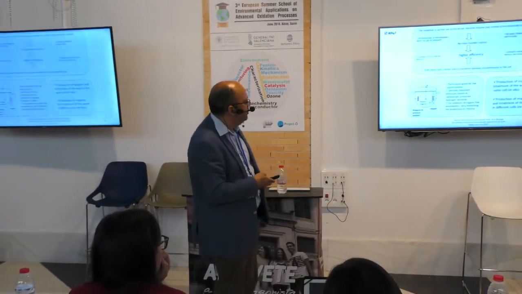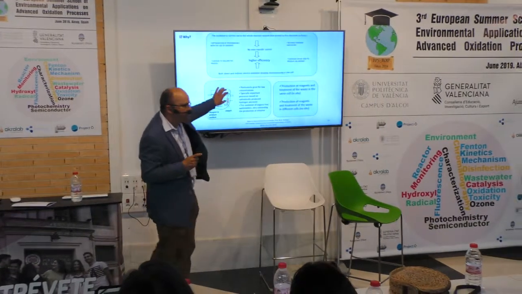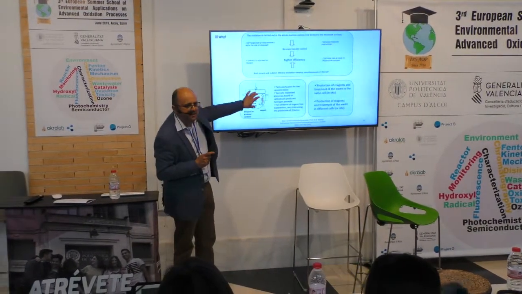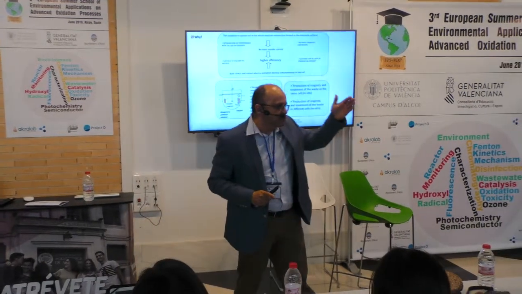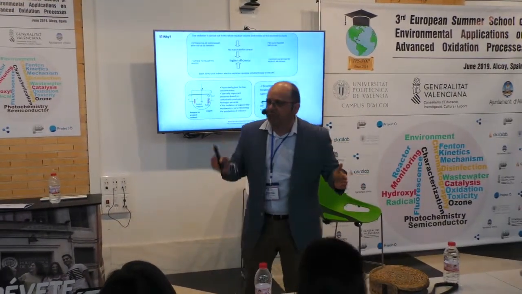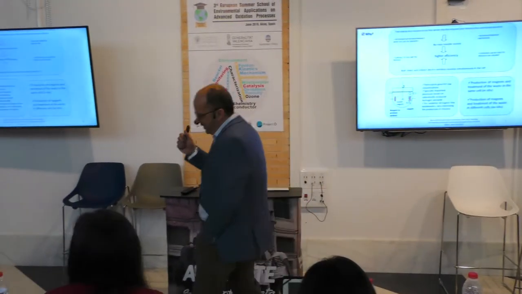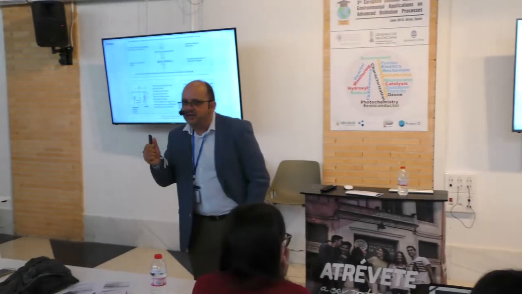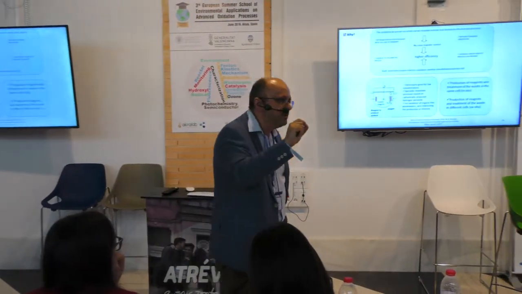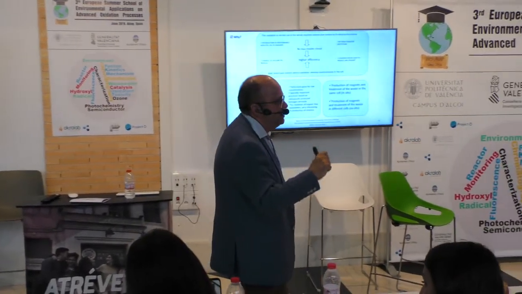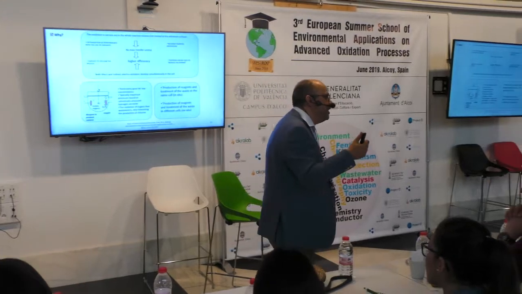And how can I do this? What I need is to produce many oxidants inside the reactor. And I can produce oxidants on the anode surface and also on the cathode surface, because I can feed oxygen to the cathode. And oxygen is in a higher oxidation state than hydrogen peroxide.